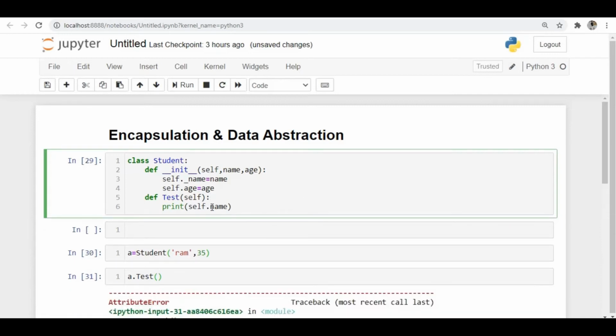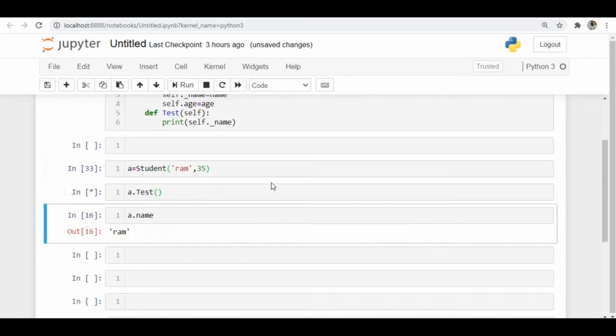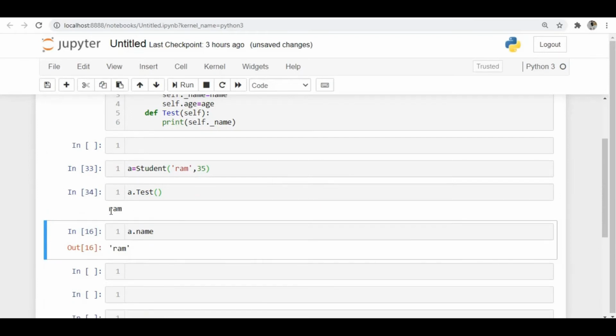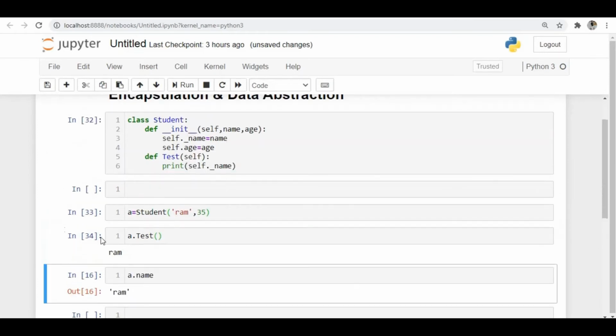If I want to access this, I can use a similar class. We stored self dot underscore name, and similarly I want to access self dot underscore name. If I try this, you can see we can still access the attribute inside the class. But if I try to access it outside, for example by using the name a dot